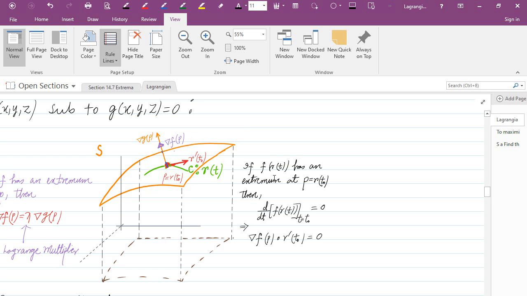So if I look at f of r of t, r of t varies over the points on the curve C as t varies. So by looking at the function f of r of t, we are looking at the function f restricted to the domain C. So if f has an extremum at P, then f of r of t has an extremum at P as well,